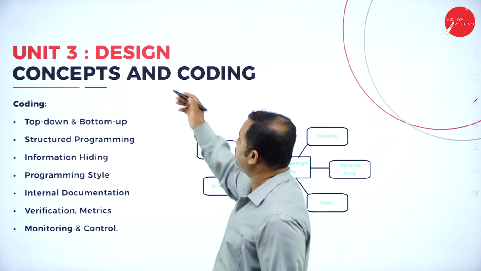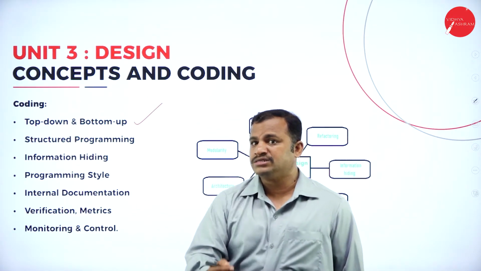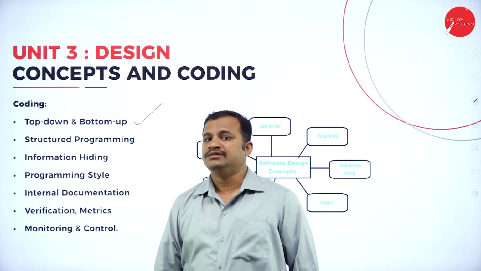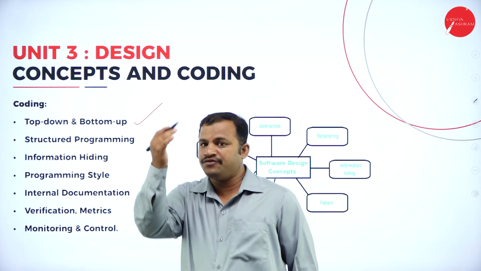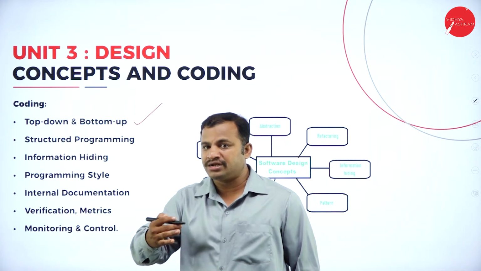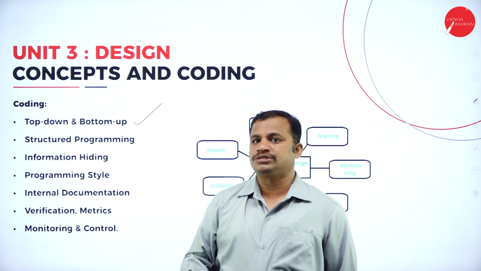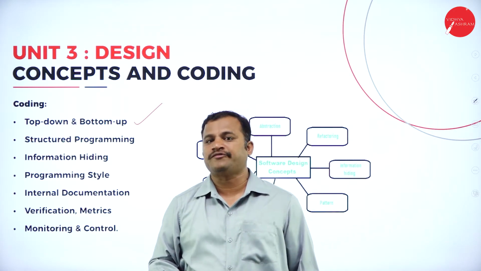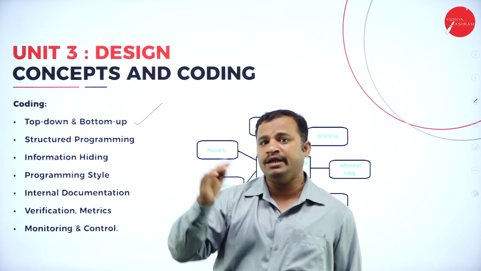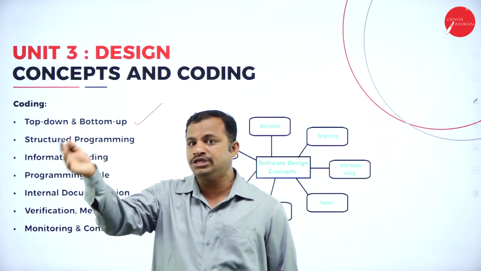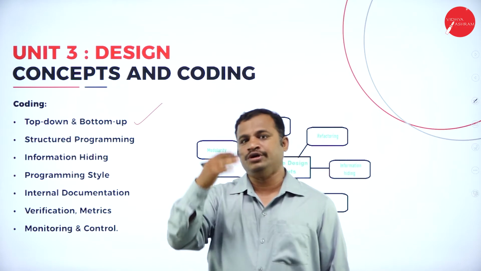Similarly, in case of coding, the top-down and bottom-up approach. As I told you earlier, C is one of the important coding techniques that helps you to code in a top-to-bottom approach. Similarly, if you consider C++, objects are created at the bottom, that is, the main function is written at the bottom, and then every other function defined in terms of modules is invoked. This design is called a bottom-up approach. You can adopt any of these technologies. Based upon the technology you adopt, you can consider either the top-down approach or the bottom-up approach of coding.